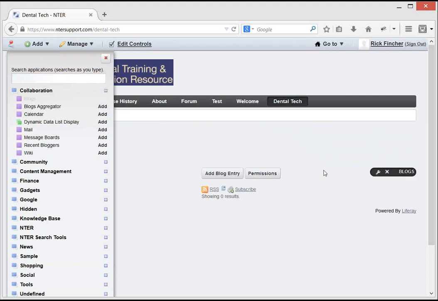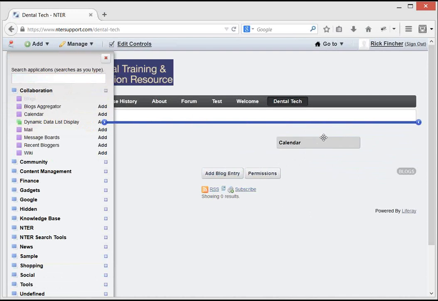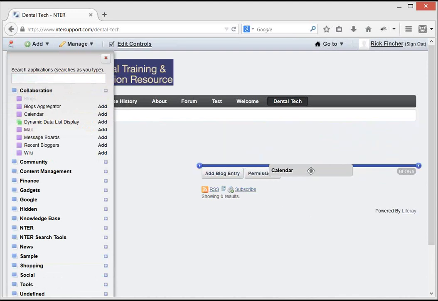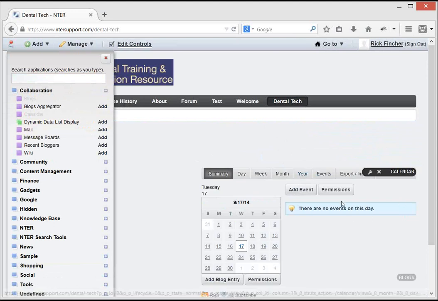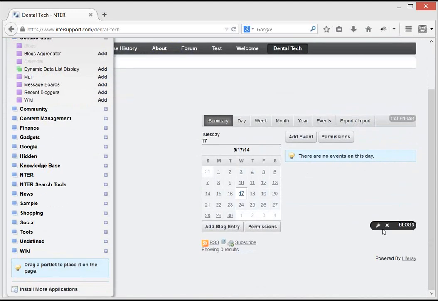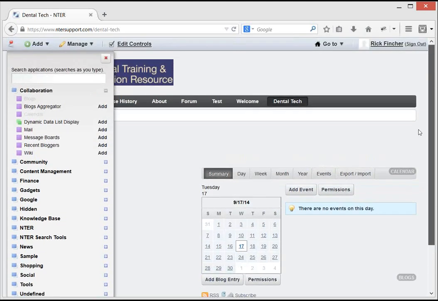So let's say we want to put a blog in that block. Well, now you've got a blog page that you can subscribe to, do an RSS feed, add a blog entry. Your users can. So that's all you have to do to add a blog to your page. If I want to add a calendar, let's say I want to add a calendar above my blog, I'll click there, and it'll stick a calendar of events into the page,